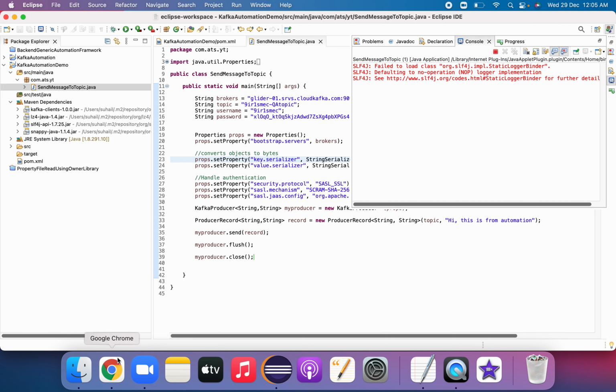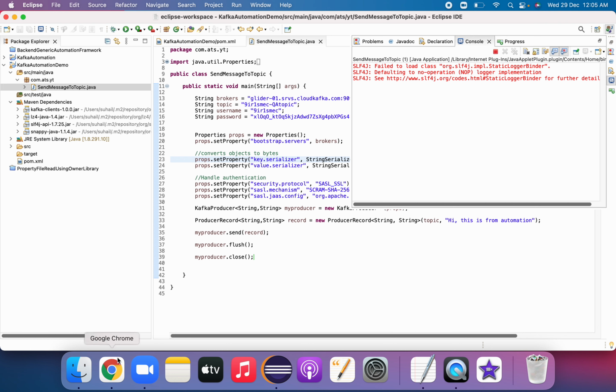Okay, before that we have to verify, right? I'll go to the browser. If I want to verify whether the message I am sending is getting to the topic, let's give the topic name whatever we have in here.